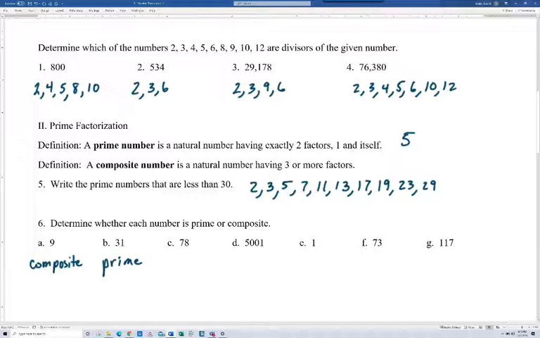78, notice 7 plus 8 is 15, and 15 is divisible by 3, so we know that 78 is, and so it is composite. 78, oh, and actually it's an even number, so I made it harder than it had to be. How about letter D here,